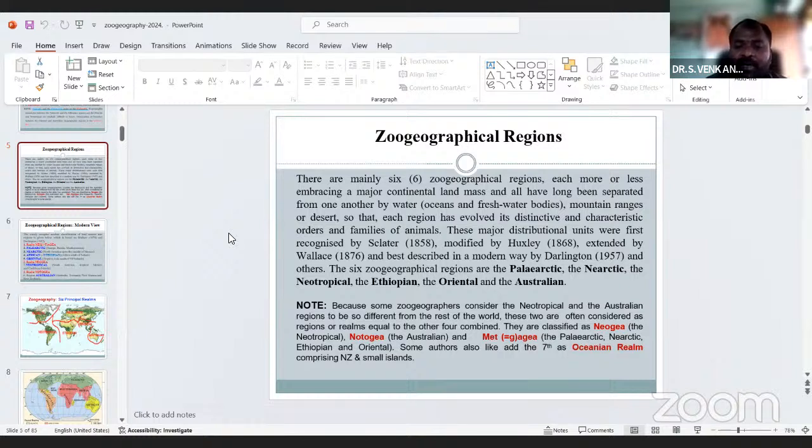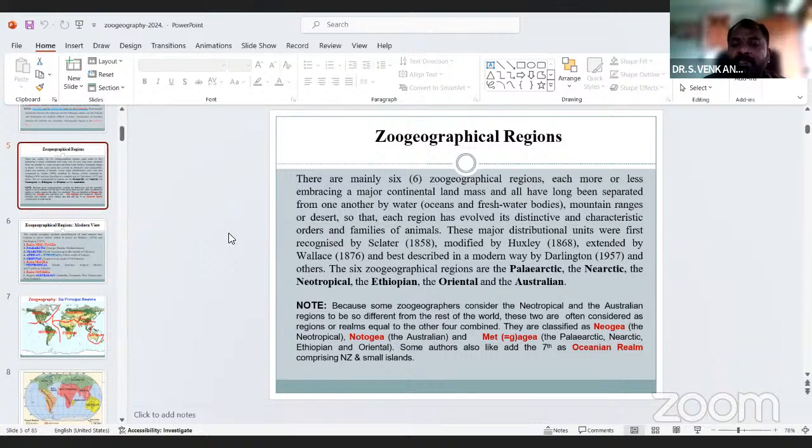They are classified as Neogea, the Neotropical; Notogea, the Australian; and Metagea, thus Palearctic, Nearctic, Ethiopian, and Oriental. Some others also add a seventh, the Ocean realm, and include New Zealand and small islands. So, what is Neogea? Then, what is Notogea? And what is Metagea?